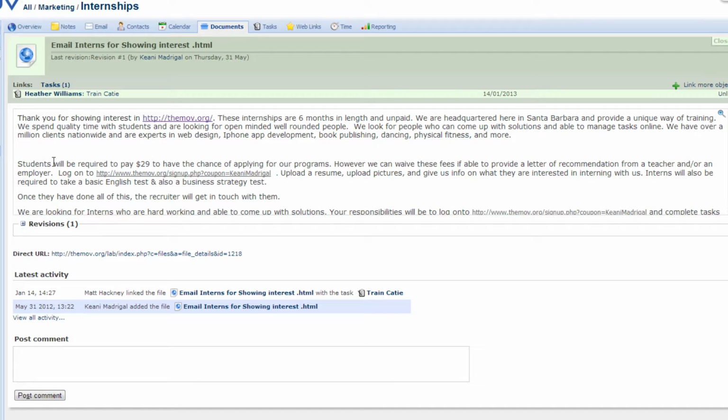Now, we do require that students pay $29 as an application fee whenever we're handling it this way. And we've debated whether we're going to be continuing that or not. And I'm pretty sure in the future, this is not going to be implemented anymore. So you're welcome to take that part out and change this to your liking. But think of everything in here as a guideline. This whole lab area is just a place to help you come up with your own way of doing things. So let's close that one out.